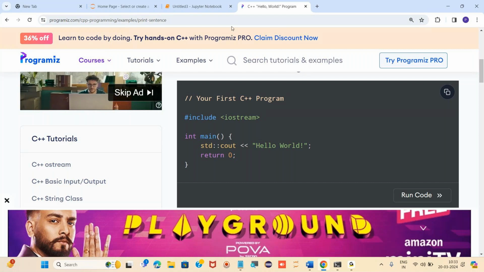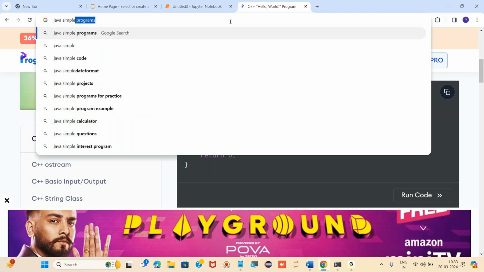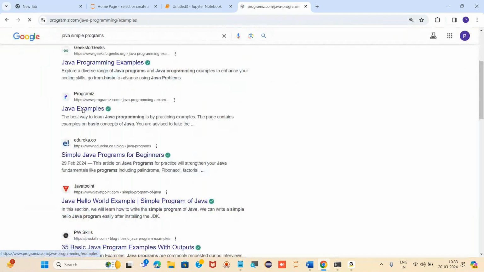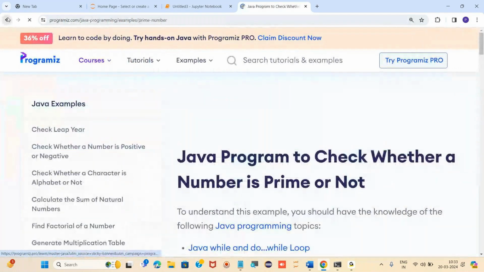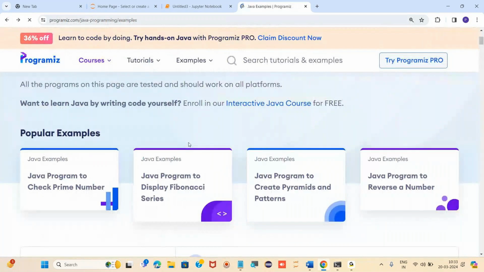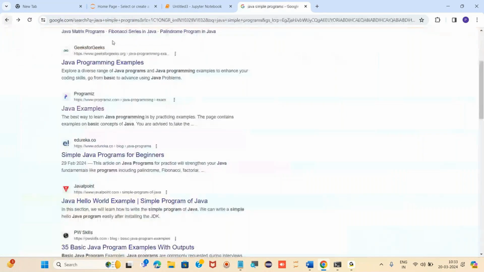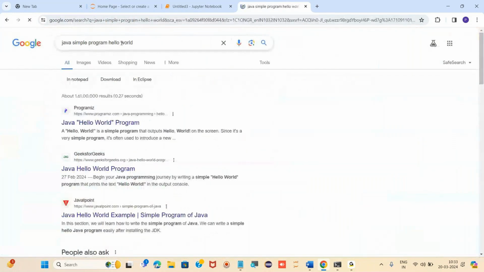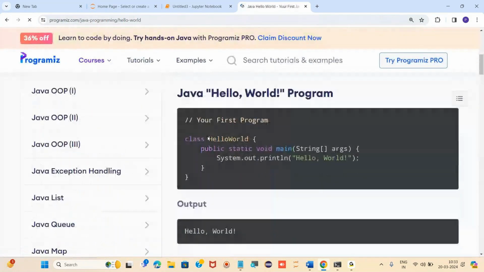Now let's say a simple Java program. Yeah, Java hello world program, right? Now you can see here we have to create one class.